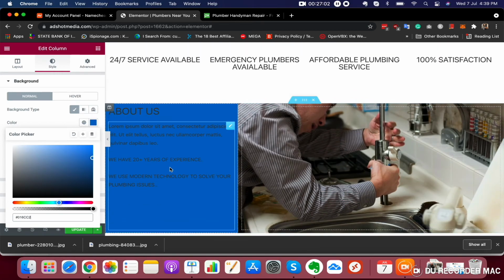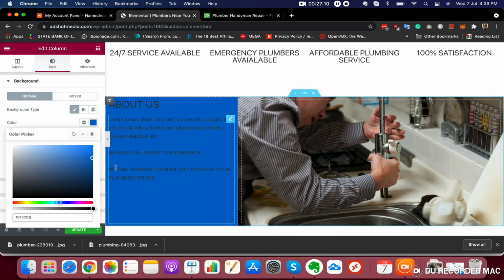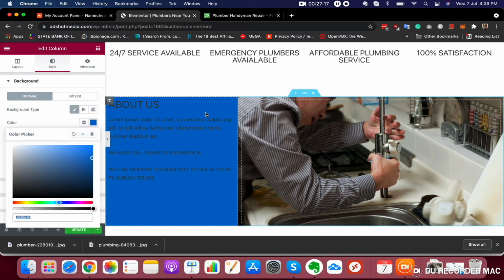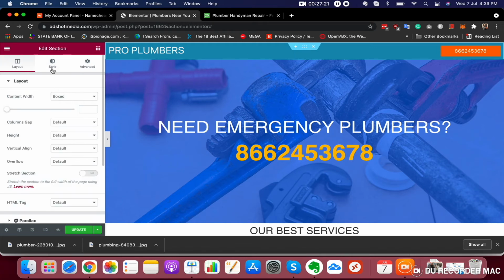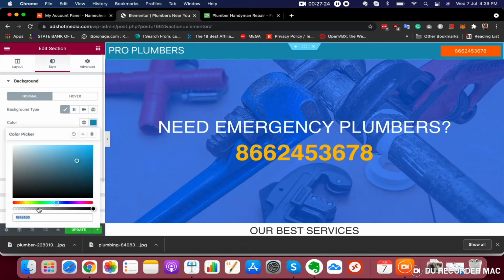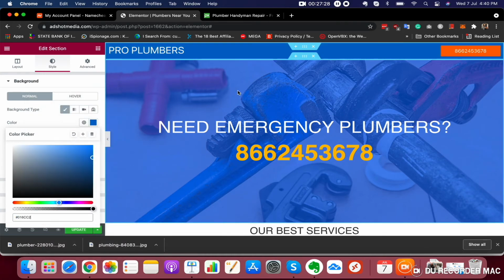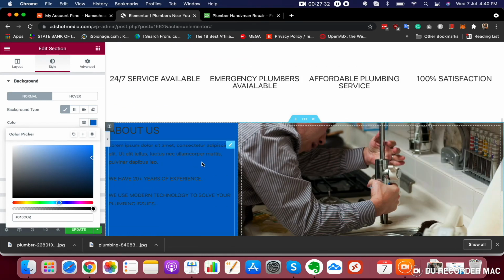So I like this color, it is pretty dark and looking good with this theme. So just let this color be this, and let me just edit the color of the header also. So go to this thing, style, and paste here. Now you can see the colors of this and this are the same.